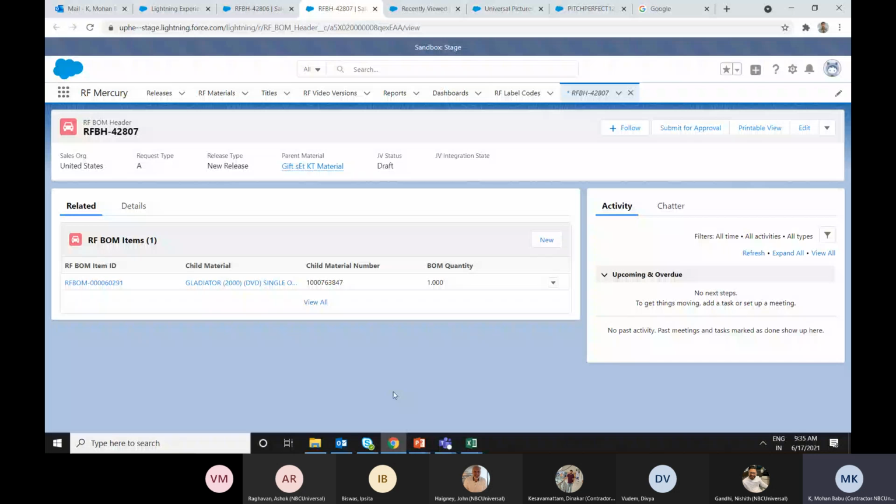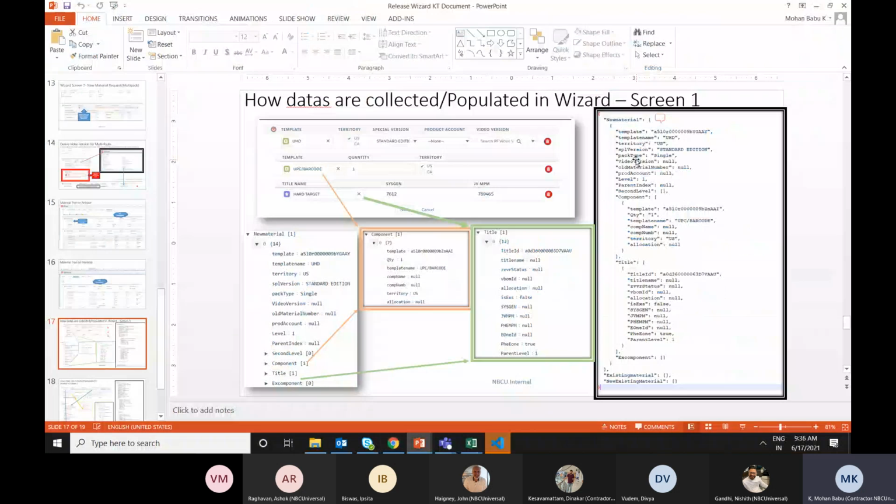We'll have a quick look at how the data is collected. We have a JSON structure, and in this JSON structure we wrap the data which is collected from the wizard. If you look at the wizard, we have the top level row, underneath we have the component and we have the title.